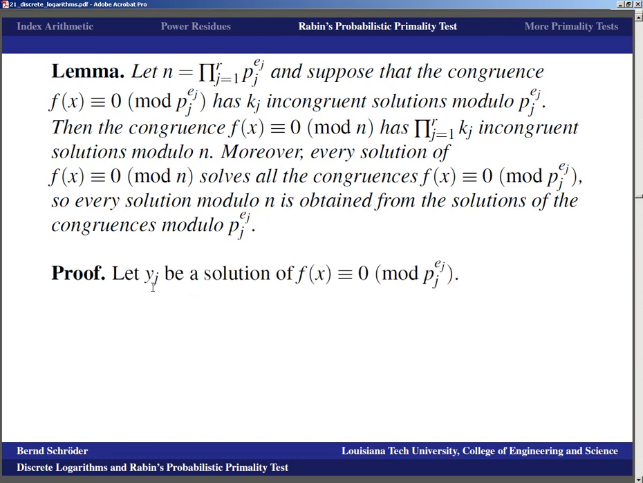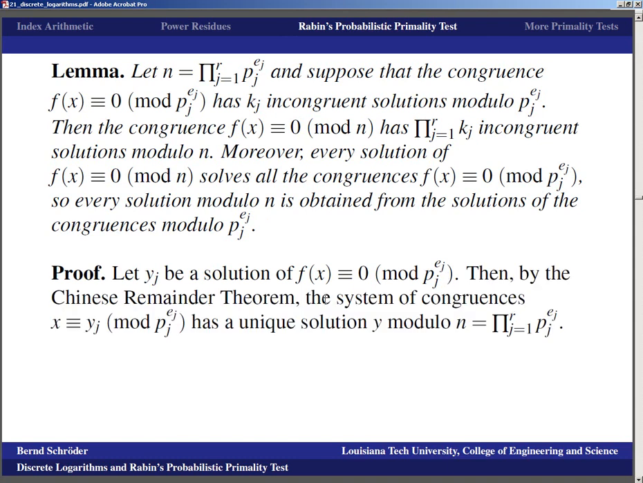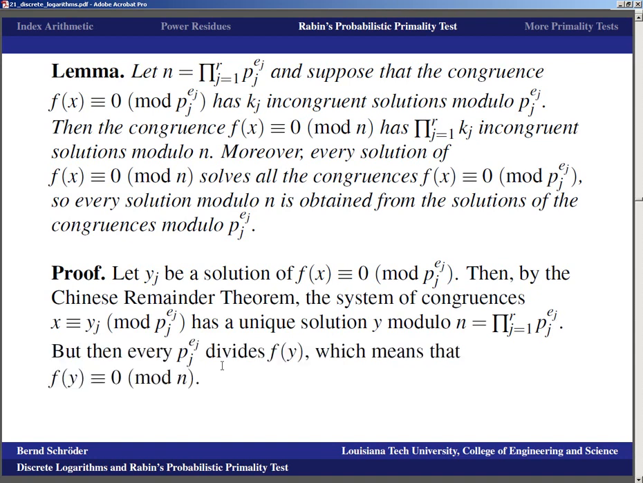Okay, so proof. Well, if you take a solution of f(x) ≡ 0 modulo p_j^e_j, and you do that for j equals 1 to r, then by the Chinese remainder theorem, the system of congruences x ≡ y_j modulo p_j^e_j has a unique solution y modulo n, which is the product of all those p_j^e_j. But then every p_j^e_j divides f(y), because f(y) was still equivalent to y_j modulo p_j^e_j, which means f(y) is equivalent to 0. And, well, that means, because the p_j's are all pairwise distinct prime numbers, that f(y) is equivalent to 0